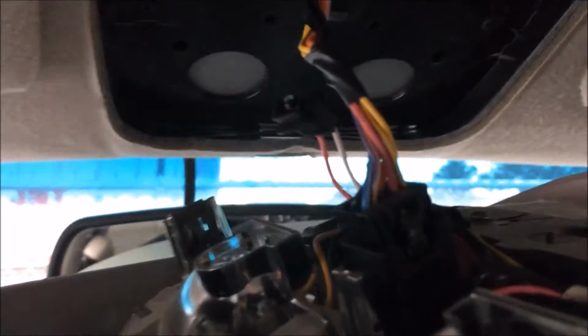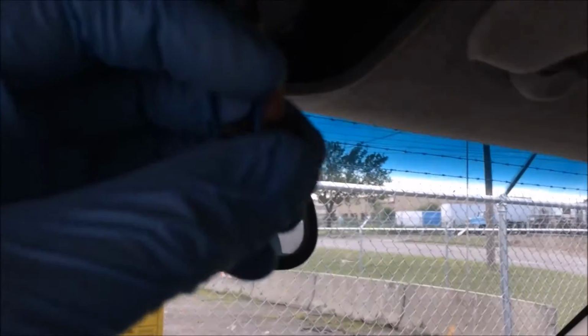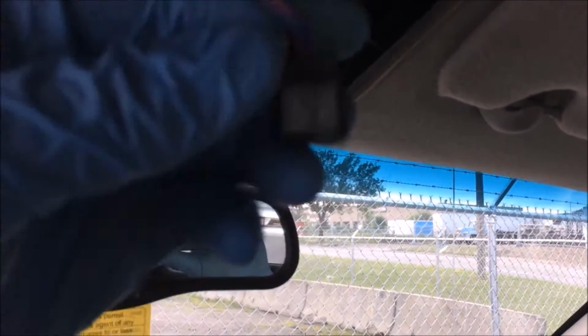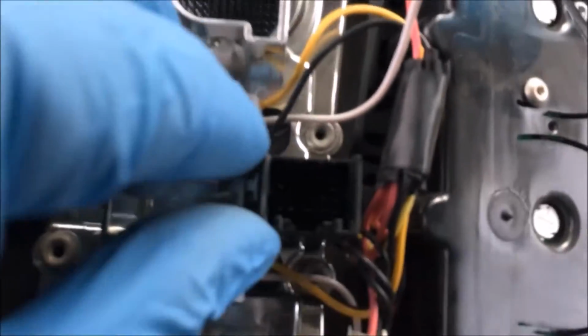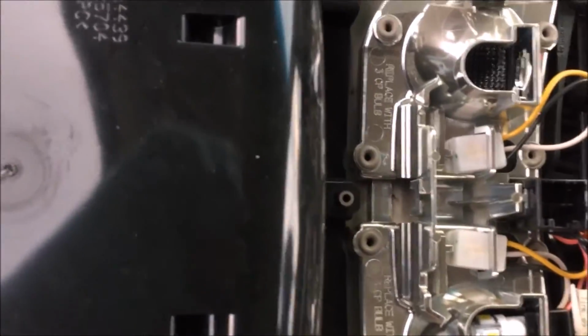So what I'm going to do to make this easier is this main plug right here that comes into your overhead unit. There's a little, I don't know if you can see it, it's kind of dark in here, but there's a little clip right there on the side of it that you just push in and unplug. And it unplugs from here. It gives you a lot more room to work,